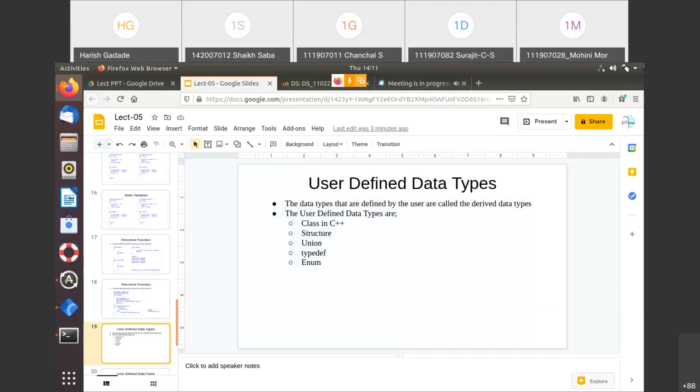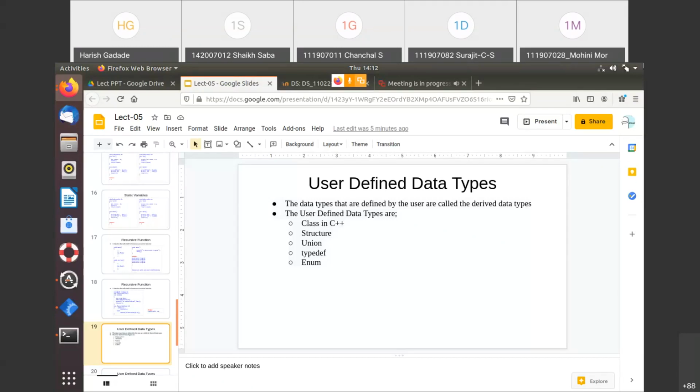And when we see C programming, the user defined data types are structure, union, typedef, and enum, right? Today I'll not take structure and union, because in tomorrow's lecture I'll take them. Actually, structure and union are both the same, except for the variables inside the structure and the union, where only the use of memory is different.